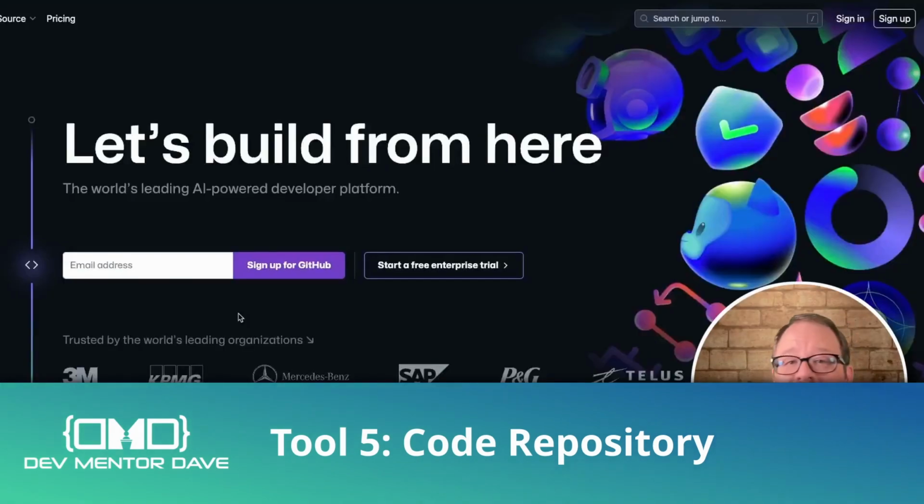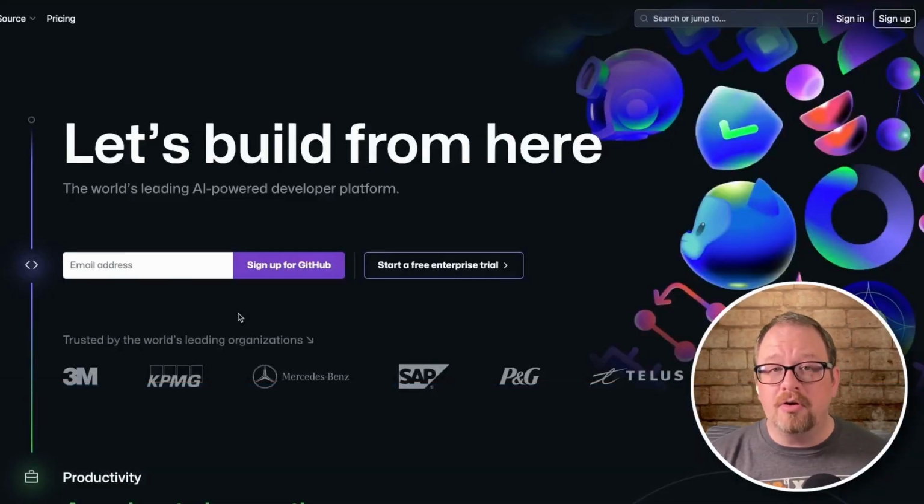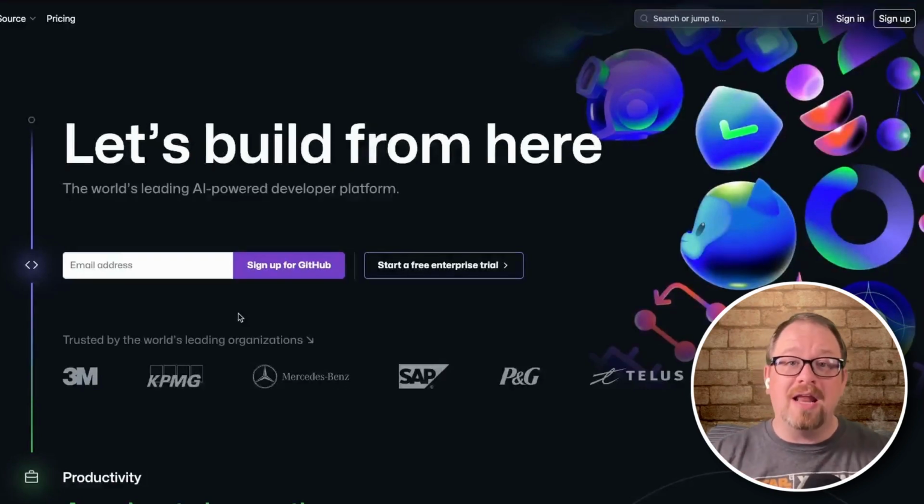Now, there's lots of different places you can go. We've got GitHub here. You've probably heard that term before. GitHub was designed originally as a code repository where you can keep your code. You can push up different branches of your code and keep track of different versions of your code, so that you know who made changes and when changes were made,